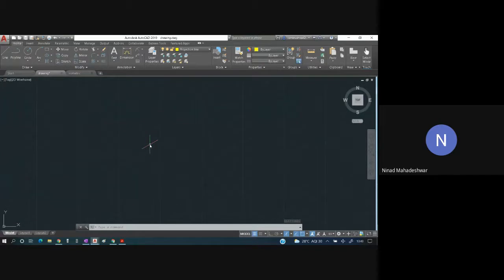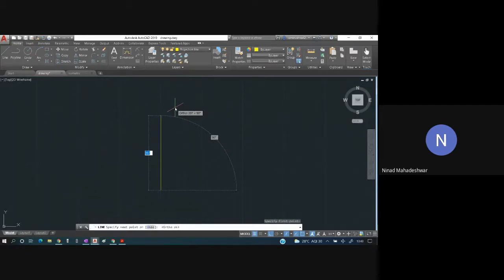Pay attention to this part very carefully. We have to draw length, breadth, and height. So let us draw this length, breadth, height over here. We'll click on line over here. From here it is going to go up. Now let me switch on ortho F8. So now there will be perpendicular.